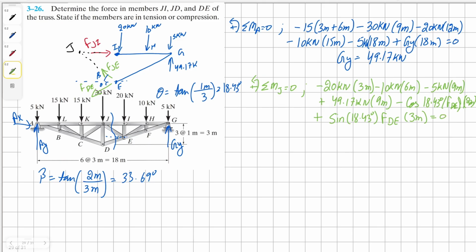And now finally we can solve for force member DE, and our solution comes up to be 97.52 kilonewton. Now we can sum the forces